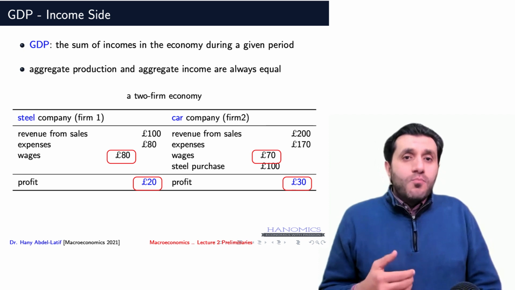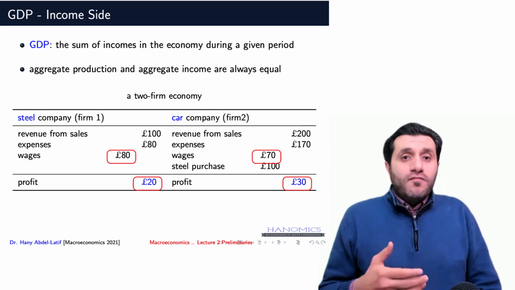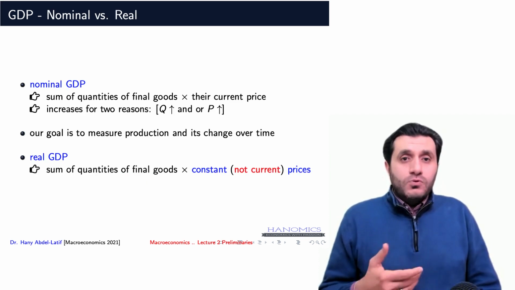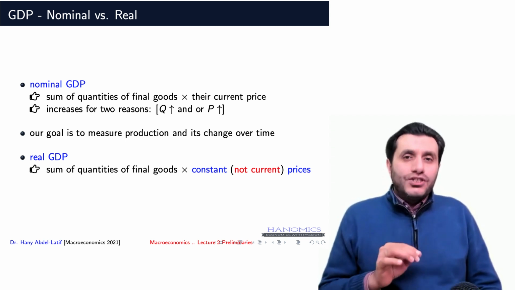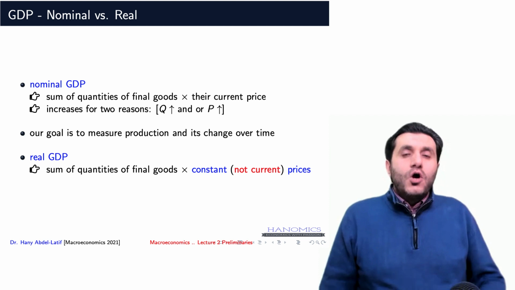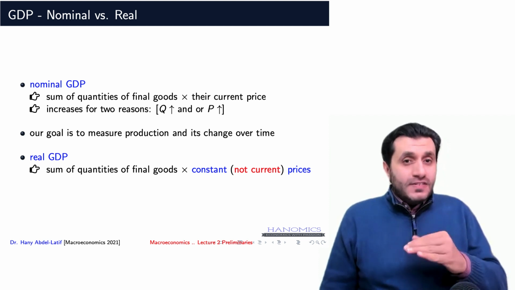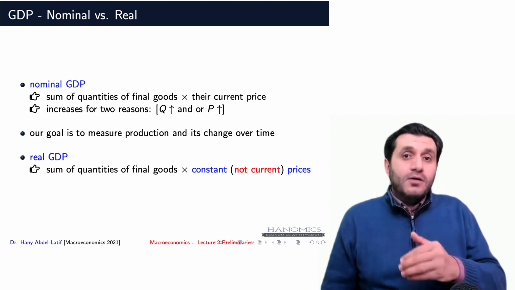Now let's think more about how we calculate the value of final products to calculate GDP. The value of any product includes the quantity produced multiplied by its market price. That is called nominal GDP, which is the quantity produced of goods and services at current prices. When nominal GDP increases, that could be because of an increase in the amount produced, or an increase in the